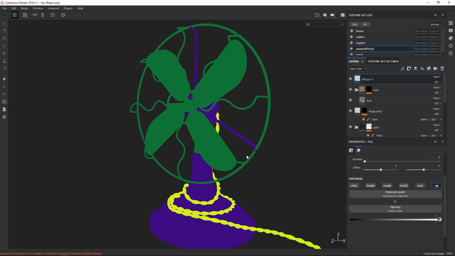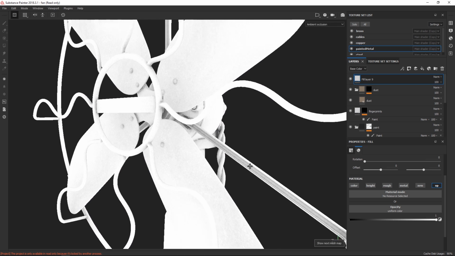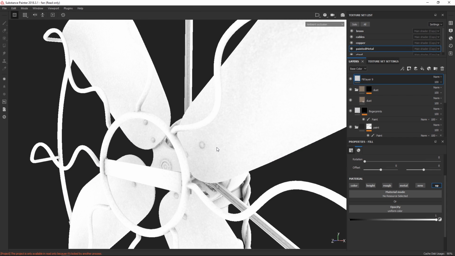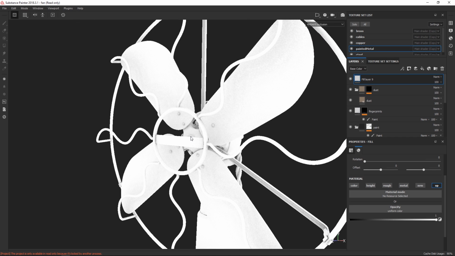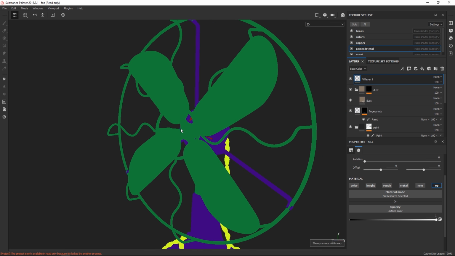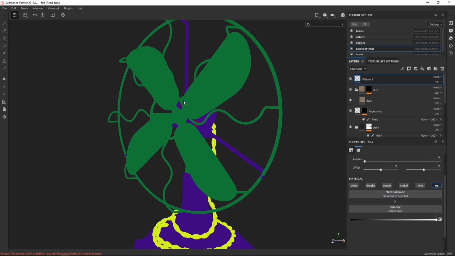So if you want a part here, let's say you want only the screws to have a certain specular value, you could very easily mask these out and give them a specular value. So it's an incredibly handy mask to have. It's also often overlooked because when you're texturing, you just want to get started with texturing right away. But I can't stress how important it is to spend time creating proper masks, create proper texture sets, because that way, you know, if you need to access all the bolts, you don't have to go through and select all the bolts with a projection tool or something. You can always just simply click the color.